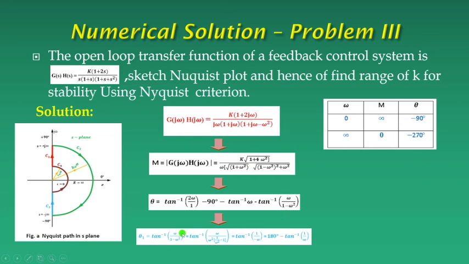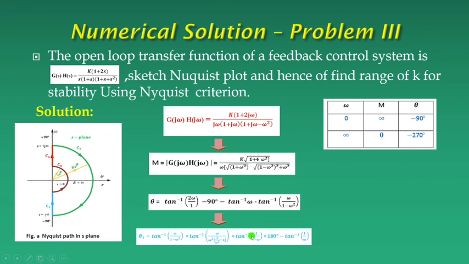And for the phase angle, when omega equals infinity, this is infinity by infinity, undefined. Then this angle is considered theta 1 and calculated separately. Here omega square is common from the denominator, so this equation is 1 by omega square. Then putting omega equal to infinity, this value is 0, and omega and omega are cancelled from both sides.